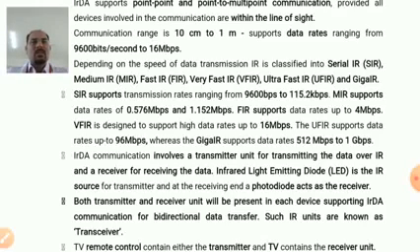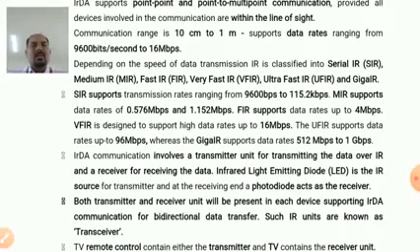Medium IR supports 0.576 megabits per second to 1.152 megabits per second. Fast IR supports 4 megabits per second, whereas very fast IR supports up to 16 megabits per second. Ultra fast IR supports up to 96 megabits per second, and Giga IR supports 512 megabits to 1 gigabit per